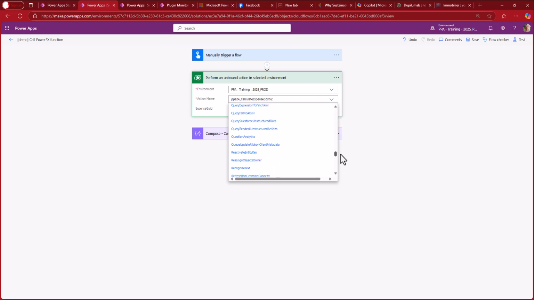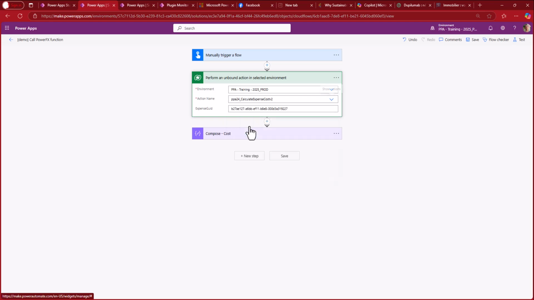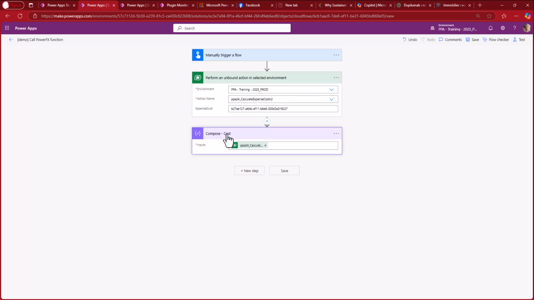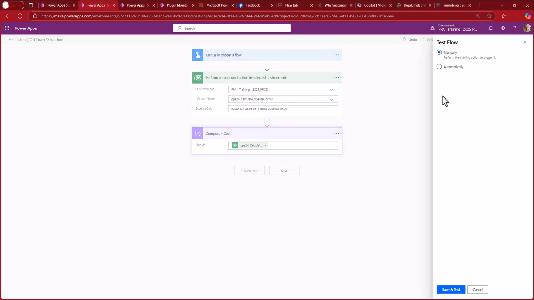So that's very easy. And for instance, I'm thinking about using regular expressions, because the function supports regular expressions, and it's not supported in Power Automate flows. So it's a way to use that. And then in the compose, you can just put your result. If I run this flow,